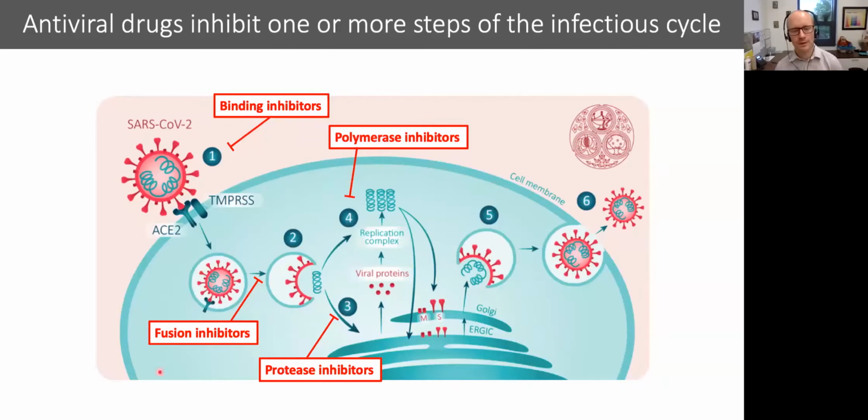So far, at a high level, I would say in the case of SARS-CoV-2, none of the drugs work very well, if at all. At least that's to the best knowledge of the data that we have. That's not to say that we won't have good drugs in the future, but it takes a very long time to develop good specific drugs that are also safe to use. So it may be a little while. Now, because they have been in the news so much, I wanted to briefly discuss two drugs for SARS-CoV-2. One is hydroxychloroquine, which is a fusion inhibitor, and the other is remdesivir, which is a polymerase inhibitor.